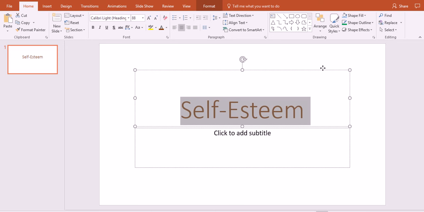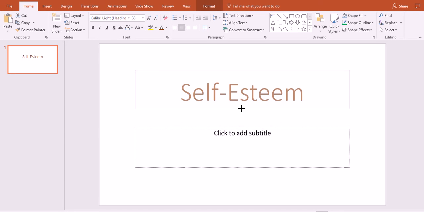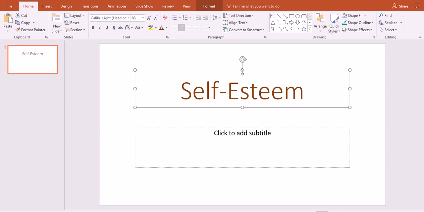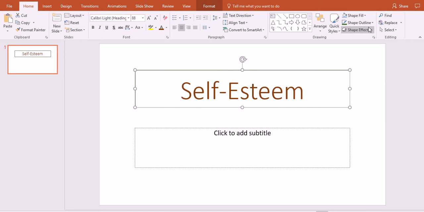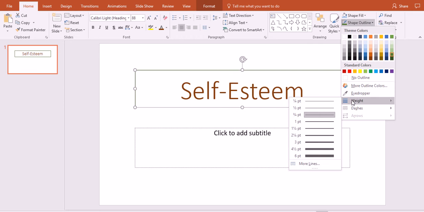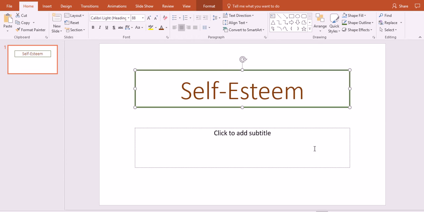And I can also outline the text box. I can make the text box smaller. Just drag it, same with Microsoft Word, and I can put an outline around it. So I might put a green outline, and I can do again a weighted outline that's a bit heavier. So self-esteem, and then here I might put a picture,